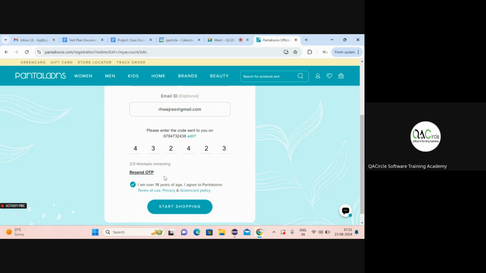Attempts as in suppose you have done something wrong in providing the OTP, or given an incorrect OTP 3 times, it will block you for some time. For example, it will block you for 5 minutes in order to register again. But it is not blocking you; it is giving you a fourth attempt and fifth attempt